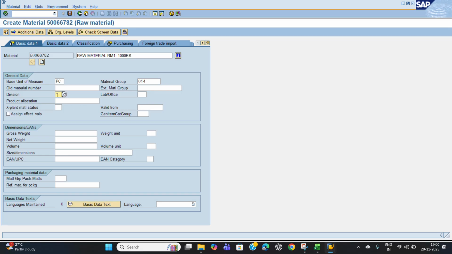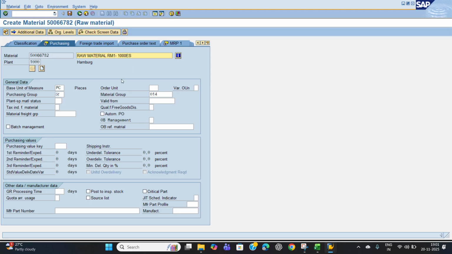Then we need to enter the division as 00, and the next field we need to enter gross weight here 100, and the net weight is 98, and the weight unit should be in kg. After entering all these 6 fields, we go to the next tab, which is the purchasing tab. To go to the purchasing tab, click on this purchasing tab, and in the purchasing tab,